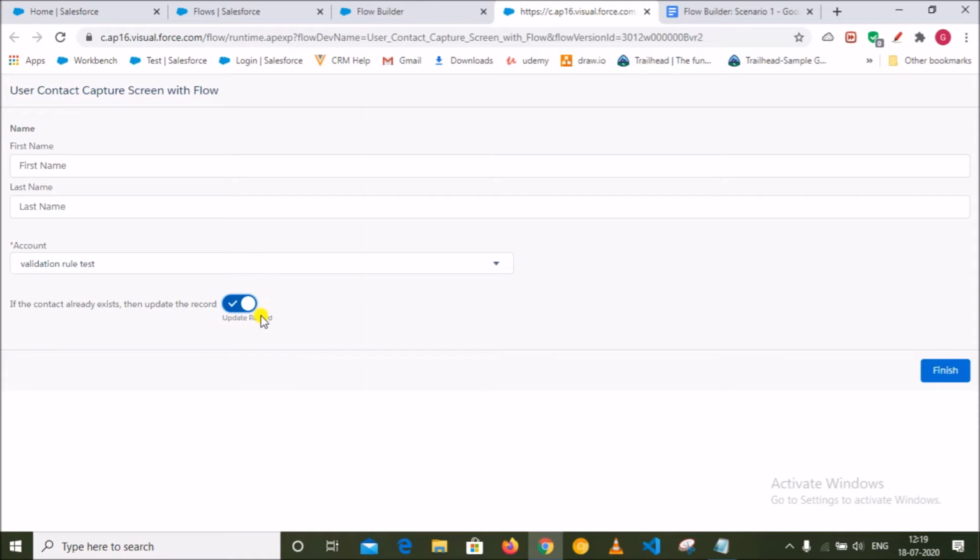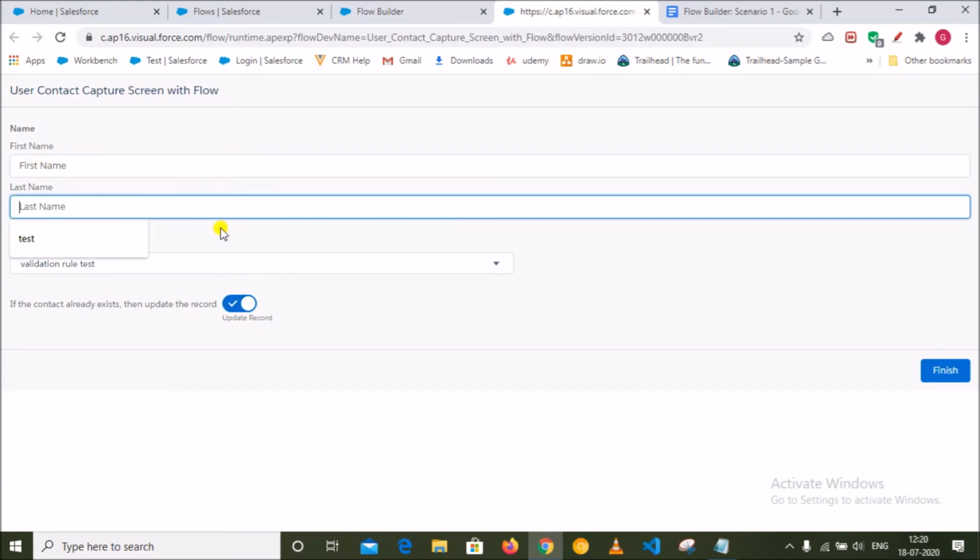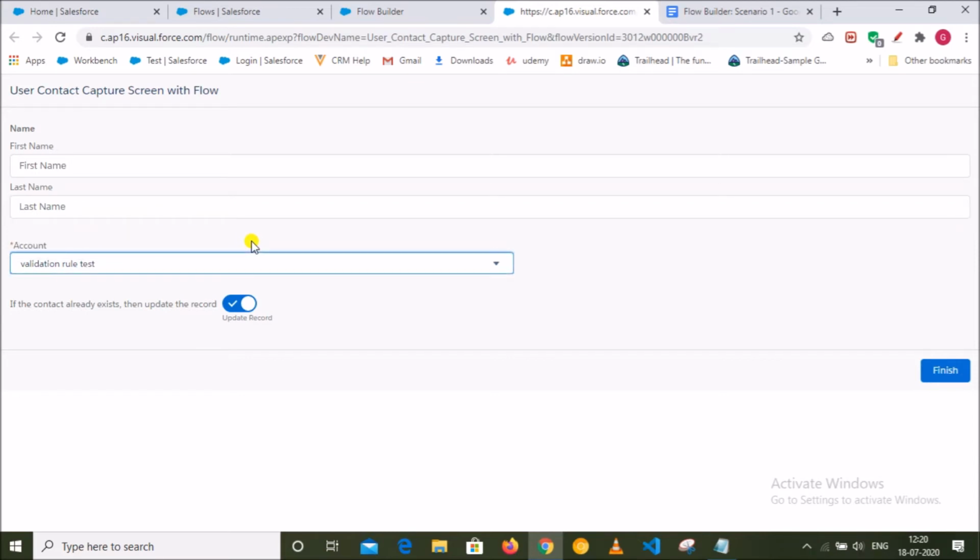That means if the record exists, I want to update the record. So how can I understand whether the record exists or not in my Salesforce org? We have to check in my contact records, right? Whenever I give the first name and last name, that contact is available or not in my contact object. So I have to check that.